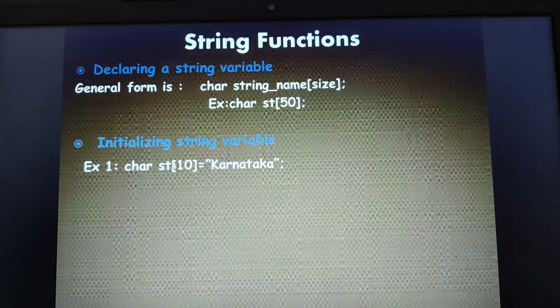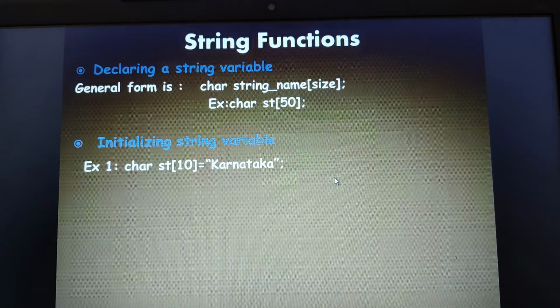So here, data type followed by string name followed by size is equal to whatever value you are going to initialize to the string. When we have this kind of initialization, the compiler by default will append a null character. Therefore the size of the string will be increased by 1. I hope you are able to understand.